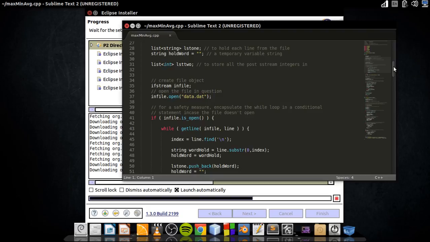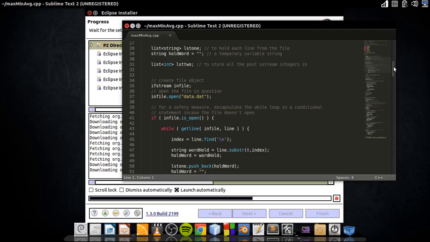And then we're going to find the end of the line, take the substring of that line, store that in a variable called hold word, and then we're gonna put hold word in a list called list1. So list1 is a string list, okay? And then we're gonna iterate through list1 after finding its size, which is called terminate. We're going to iterate through list1 and take the front of every position and then pop it off and store that in